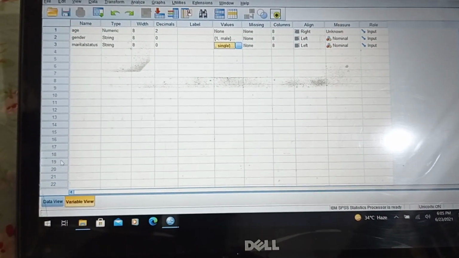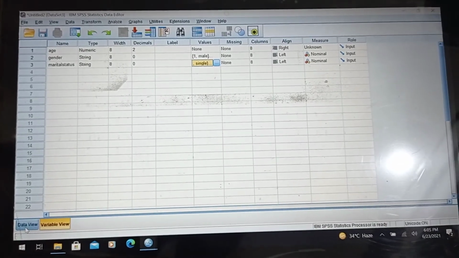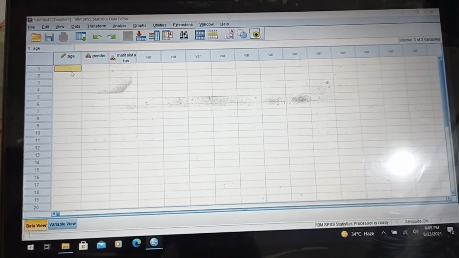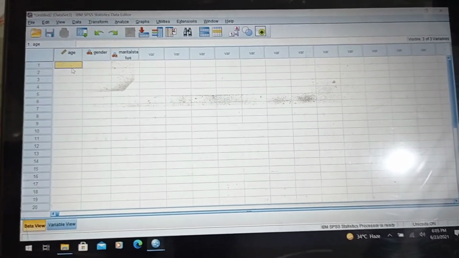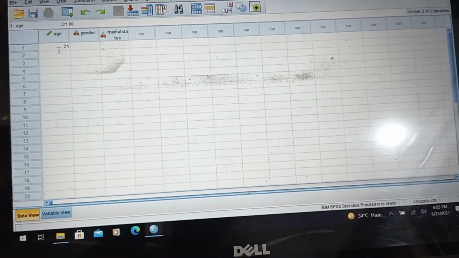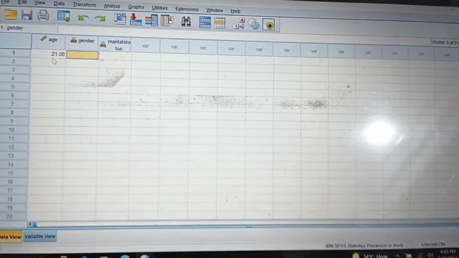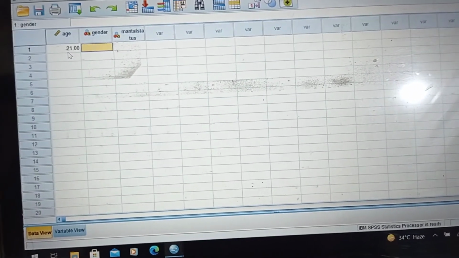So now when you go into your data view to enter data, for example, there you have your first sample, age is 21, and gender is female. We have denoted male as 1 and female as 2.